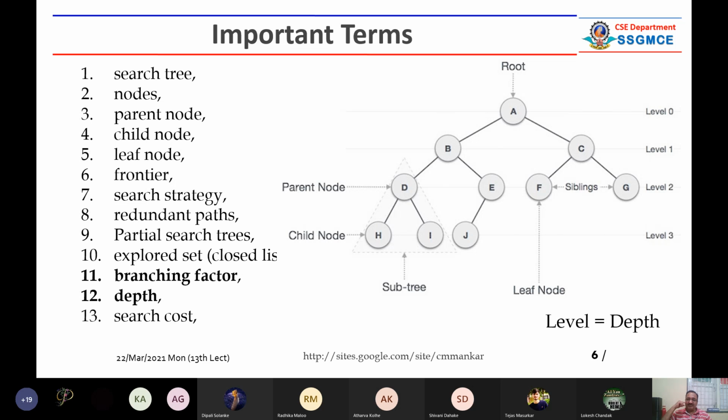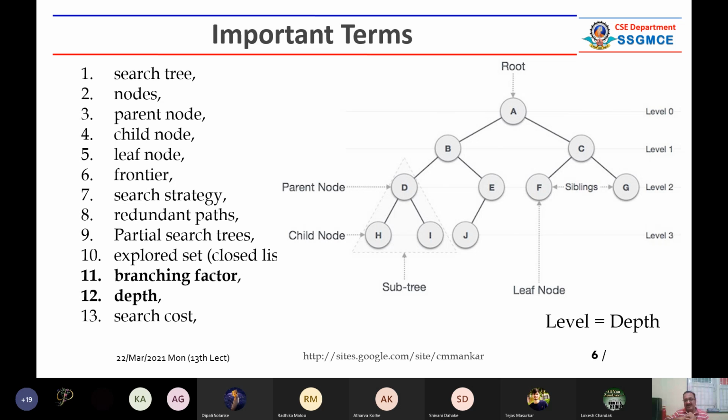Then you have to understand the concept of a subtree. There is one shaded portion in that graph. You can call it a subtree. You can break this tree into multiple trees, and that can be a subtree. Then again, you have to understand what a sibling is. Sibling means there might be two subtrees near to each other.